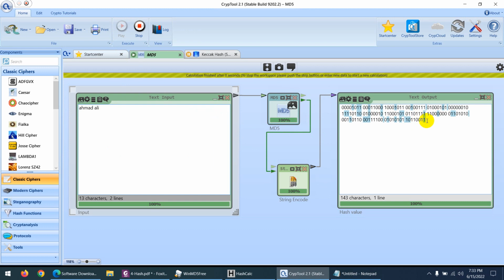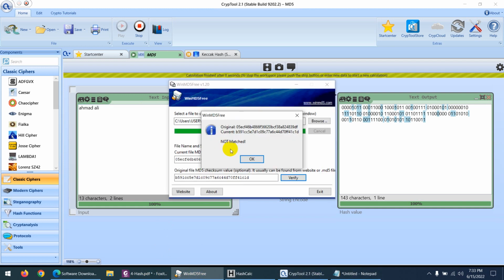Almost 60% of things are changed with one dot, and look at it changing. One another dot, look at. So one small dot can change the entire hash value, and that's why the results say that it's not a match,